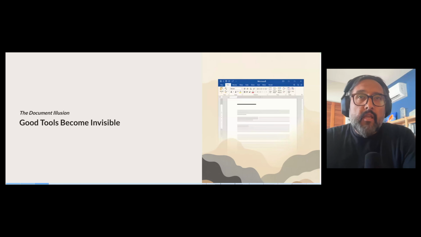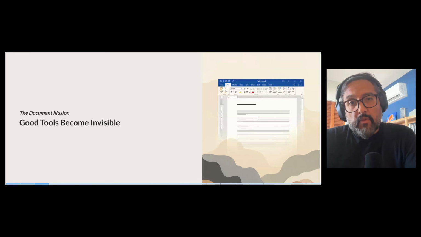It means that the long history and evolution of these tools, and they've been around for quite some time, has led us to a point where the tools themselves disappear into the background, and they let you focus on what you want to do, to put your ideas on quote unquote paper, and then to be able to share those ideas with others or to collaborate on those ideas with others, right?